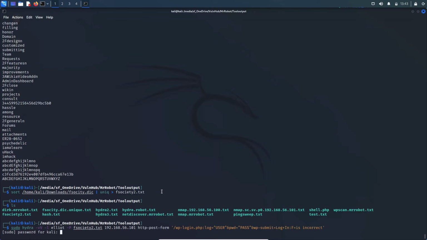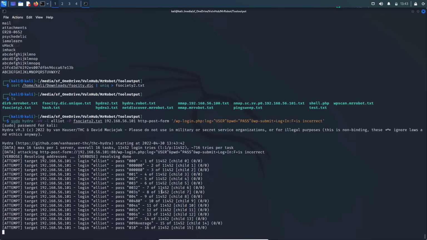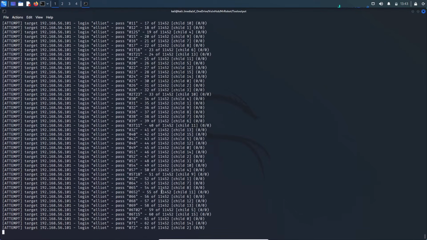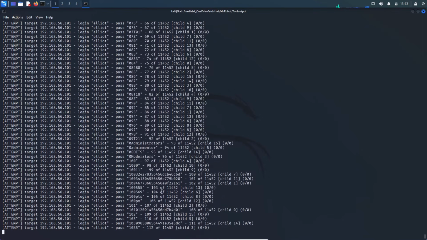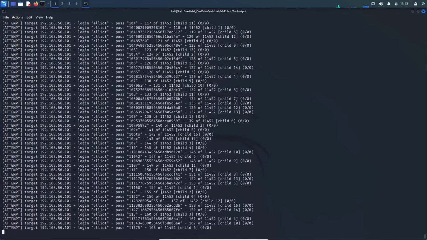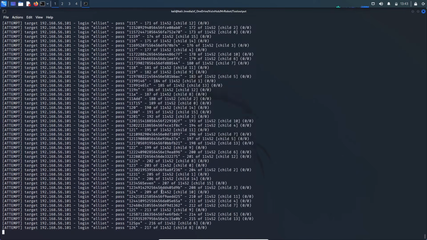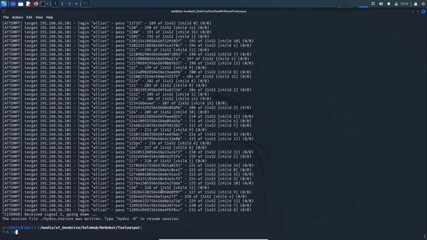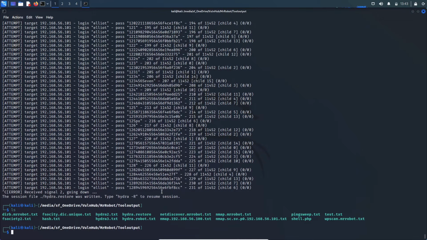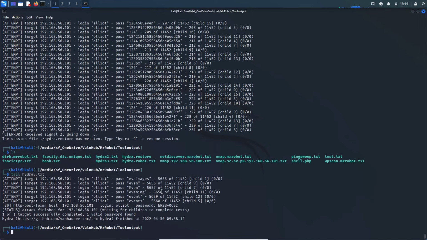Then if we hit return on that and pop in our password, it will start brute forcing it bit by bit. The reason why I didn't use Burp Suite for this is because it would have taken forever. Now this is still going to take a long time, but I believe I have one I did earlier. So if we tail hydra3.txt, we should see there, after 5,660 attempts, we got the correct password of